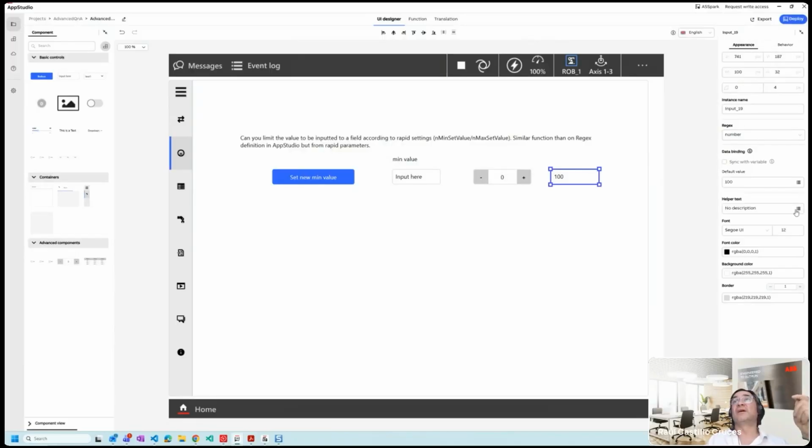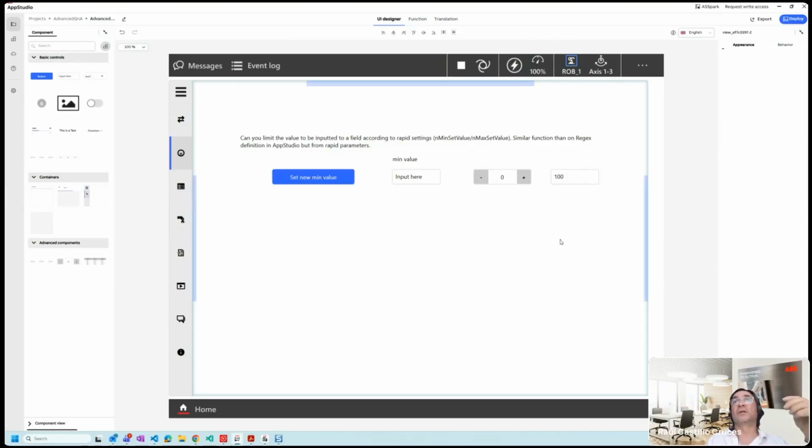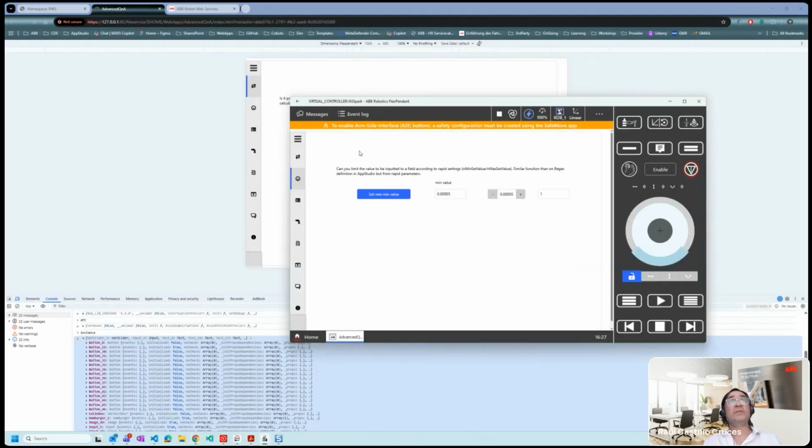And as you can see here, we have as well regex. I am applying here the number regex in order to limit the inputs only to numbers as well. You can apply also custom regex if you wish. For this use case, I prefer to apply the validator on top and combine it only with the number regex. And with this, I am able to solve this question. So yeah, we can apply that based on RAPID